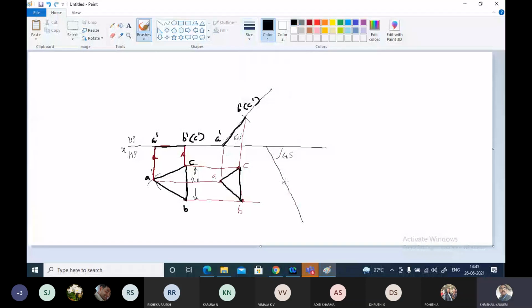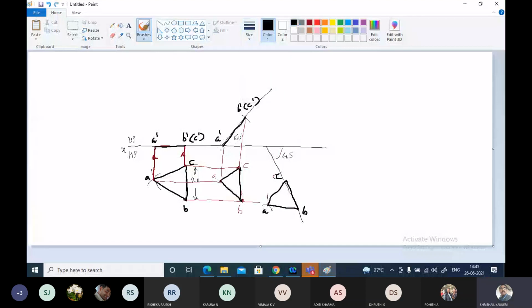Take any suitable point. Okay, I have taken this. This I am going to locate here, C, and measure this length. Mark over here. It will be point B, and take this length in your divider AC. That will be equal to AB, and you make a marking on this, so that we'll get the position of this on this. So this is A, this is B, this is C. So A to B, B to C, C to A. We draw.